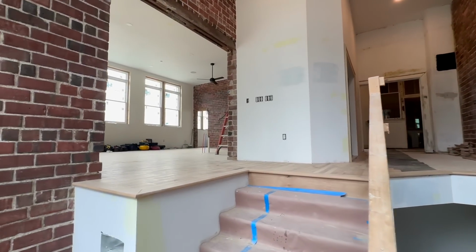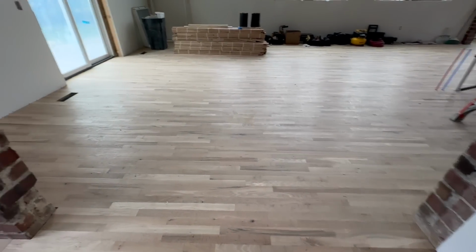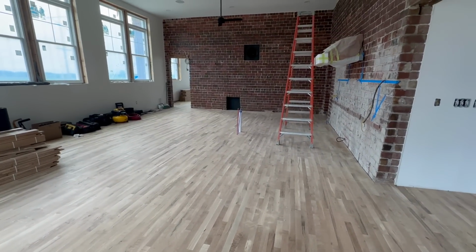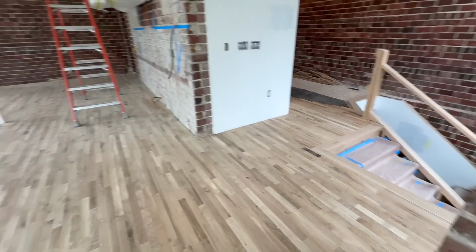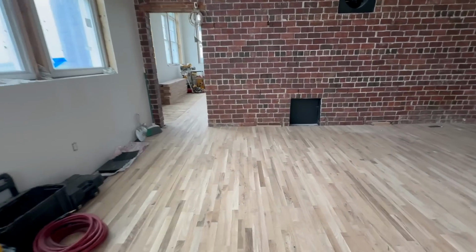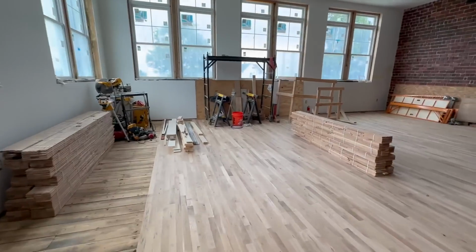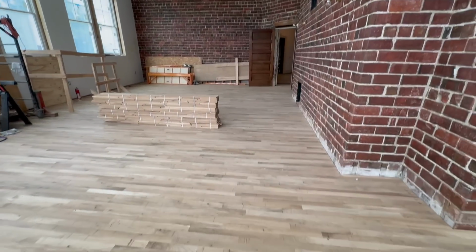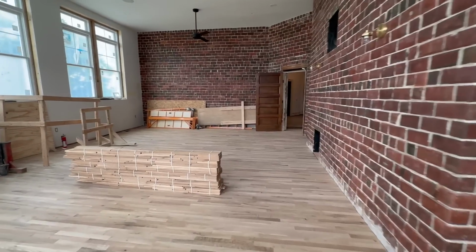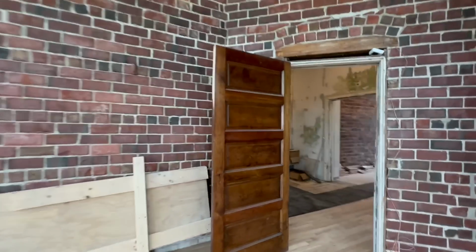Okay, so I'm here at the back entry, and one of the biggest changes this week is we have some floors. So Dave and Micah, oh my gosh, they have been really working hard this week installing all of these floors, and they are looking good. So we still have a few things to fix before they are able to stain and varnish them, but yeah, it changes the whole space, and every step along the way, it's starting to feel more like an actual house. So yeah, in here, before I shared, we do have some of our fans, and the lights are up above, and